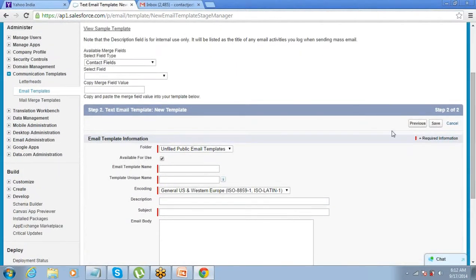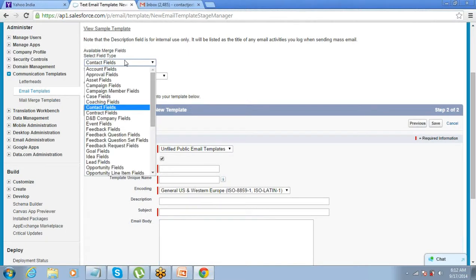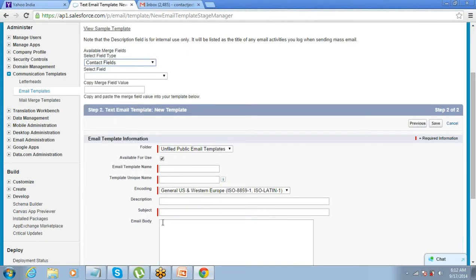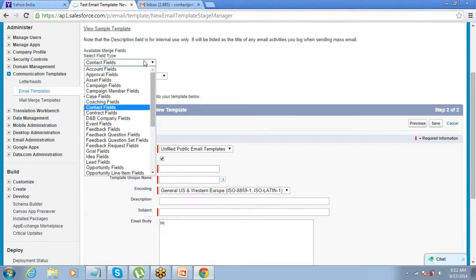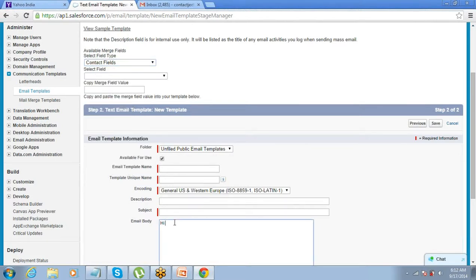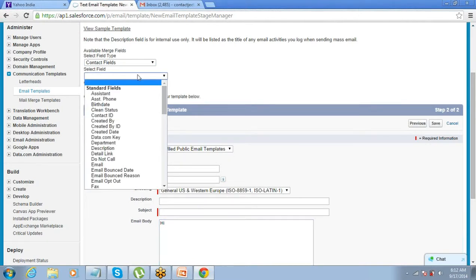The only thing you need to understand in an email template is including the merge fields. Let's say you want to send this email to certain contacts, right? Then what you have to do? You might want to merge the contact first name here. After hi, you might want to write the first name of the contact. So you just select the object, field.